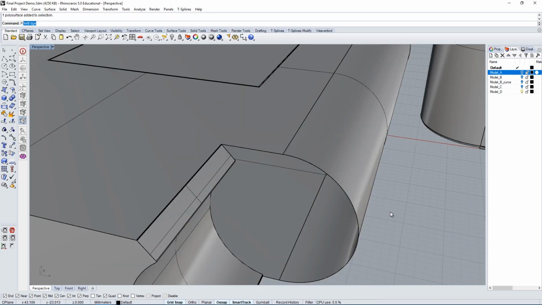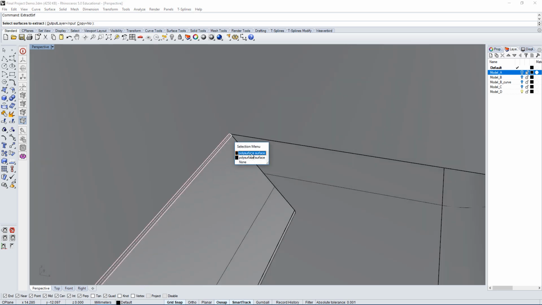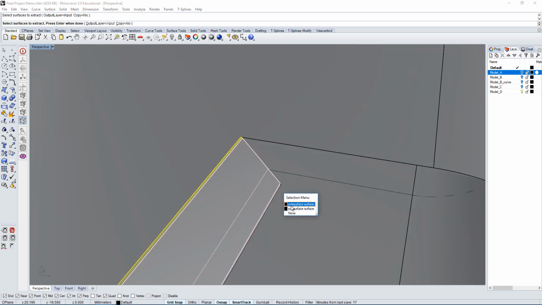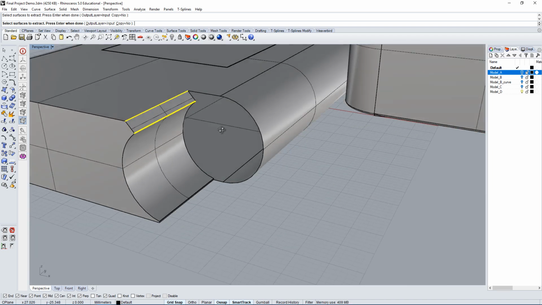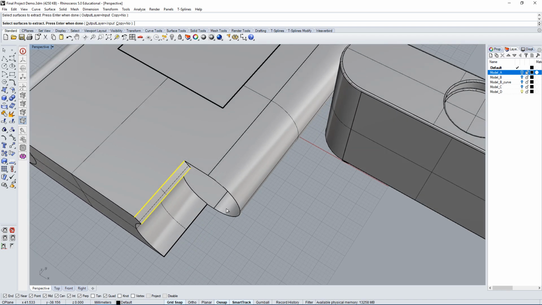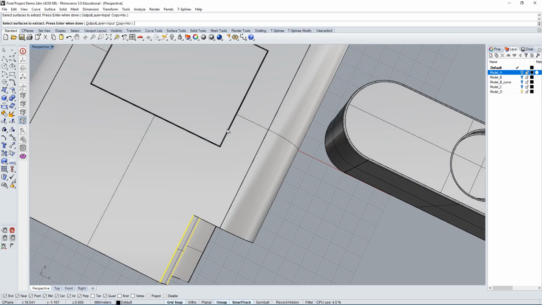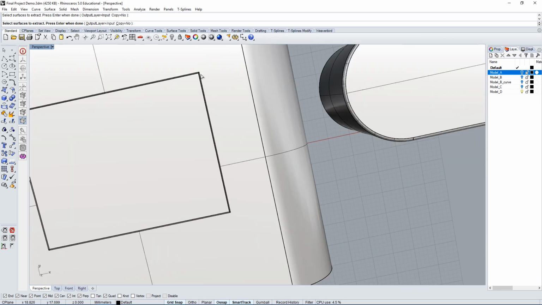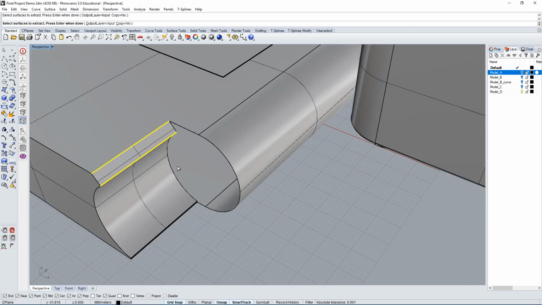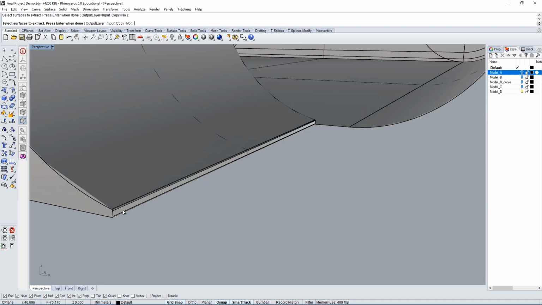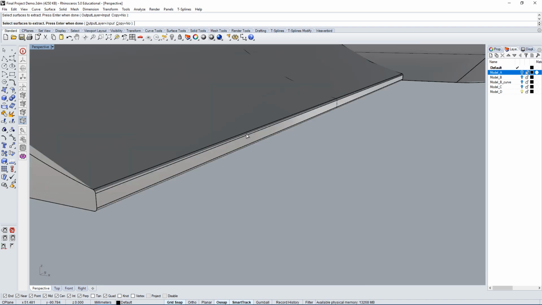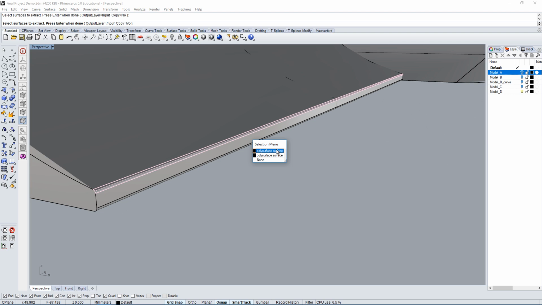So again, I don't want to spend too much time showing you exactly what to do. But the way you would repair that one problem is by extracting the fillets. The reason why I want to talk about this is because it's important to think about these steps. You do not want to create all of your fillet surfaces and then have to go back to repair one single flat surface just because you went too fast into the small, tiny fillets.